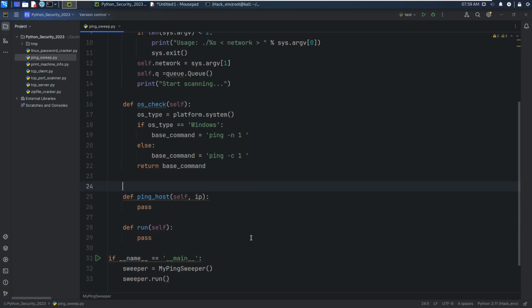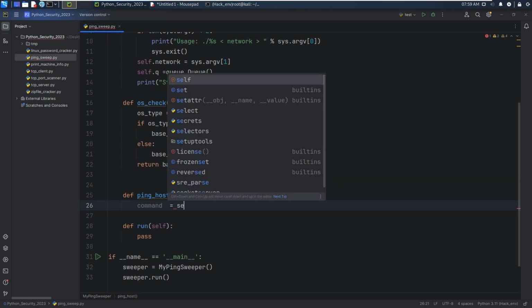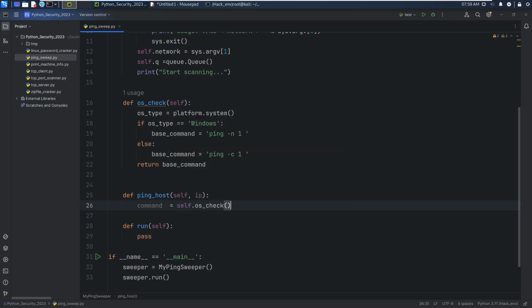Okay, so the next method would be to ping an individual host, and the command should be self.os_check, because this will return the base command, and concatenate the IP address.